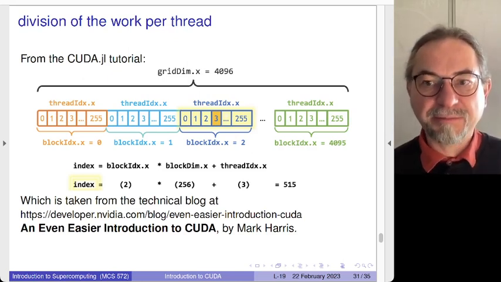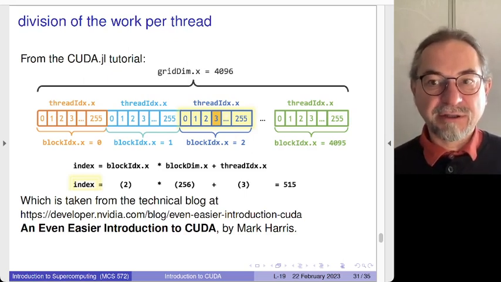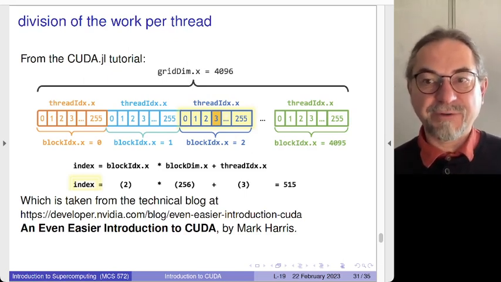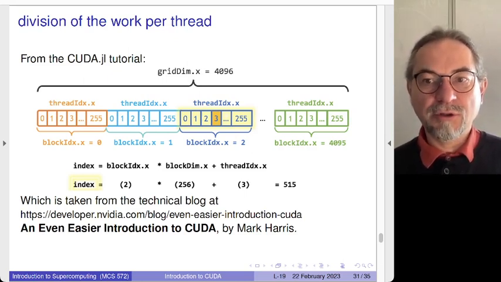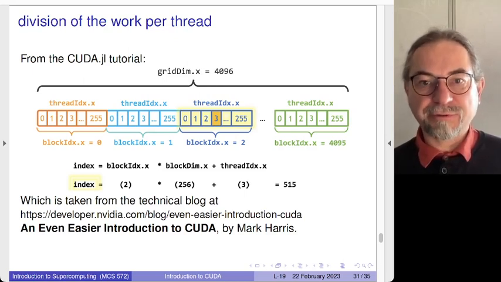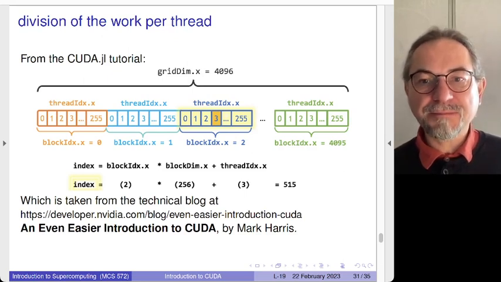So a little bit more extensive than what we did in the last lecture. In the last lecture, I picked just the very first kernel. This is a third kernel here, where I will show how one can also control the number of threads and the number of blocks, so the number of threads per block. The number of threads equals the size of our problem. So here we work with blocks of size